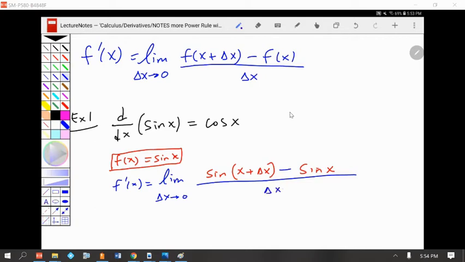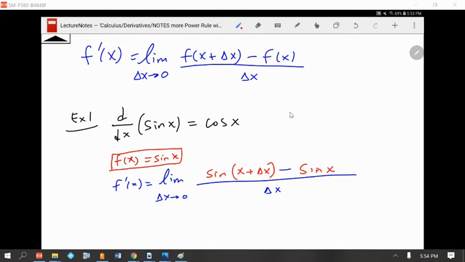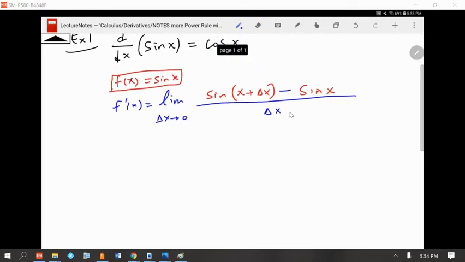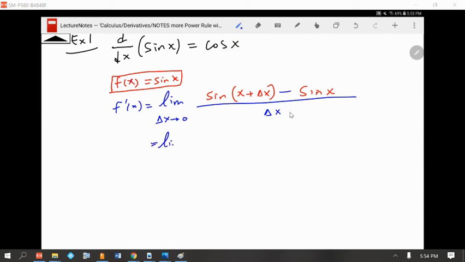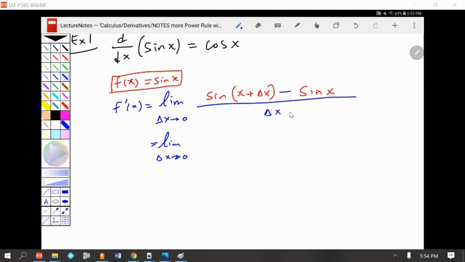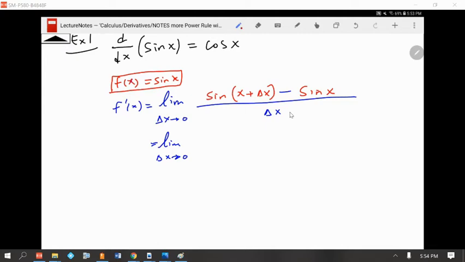So how do I know that the derivative of sine is cosine? Well, I could remember that the derivative of sine is cosine. Or I could do the limit as delta x approaches 0 of the sine of x plus delta x minus the sine of x all over delta x. Figure it out, which is always more fun. So the next step, though, you might think, well, I'm going to plug in 0 for delta x, and that gives you 0 over 0, which means do more math. And what is the do more math here? The do more math here is to remember